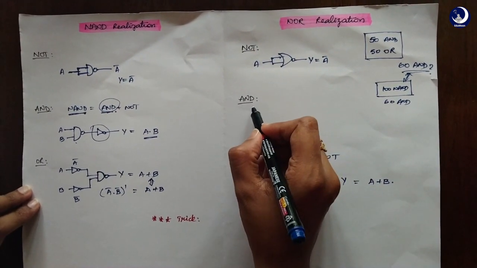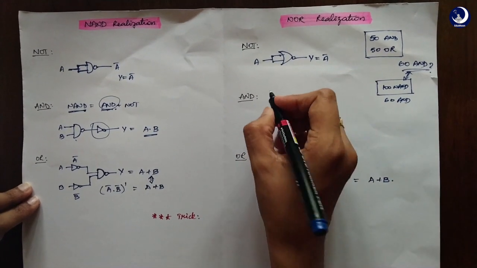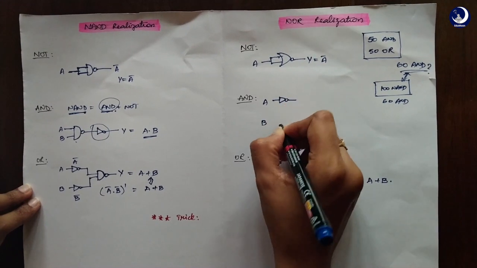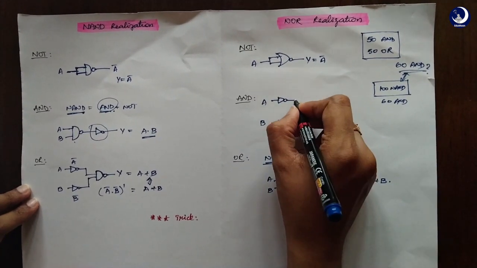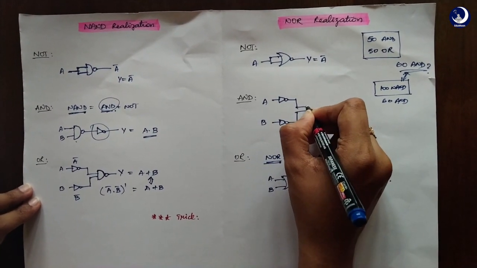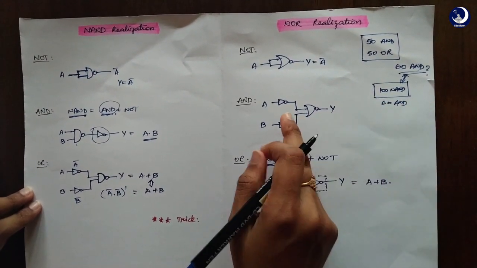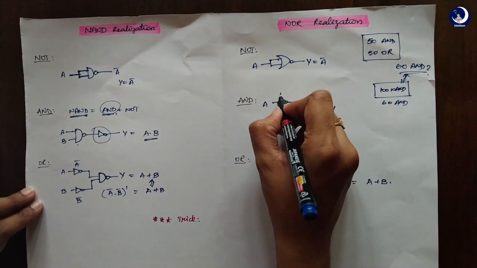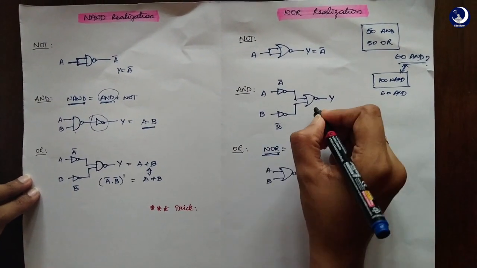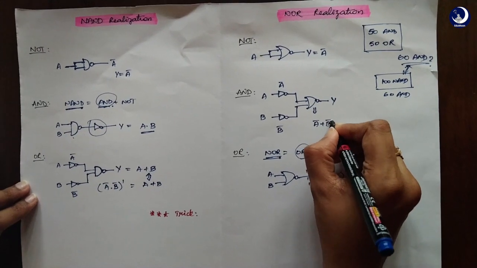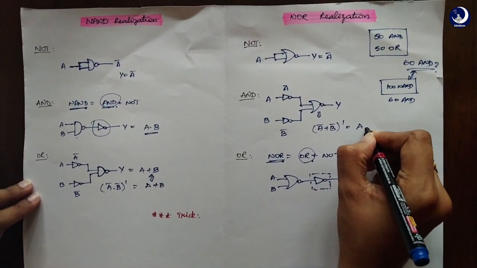Now similarly the logic goes with AND also. How do you do that? You take complements for each input and then place a NOT to it. See, that's as simple as that. You can again put some values like A, this is A bar, this is B bar, and this is actually A bar plus B bar whole bar, which is actually equal to A dot B.